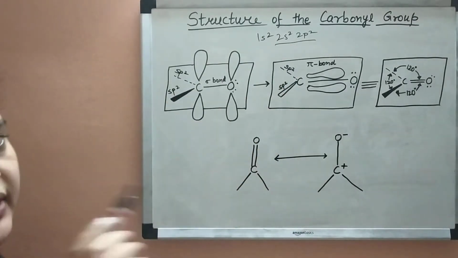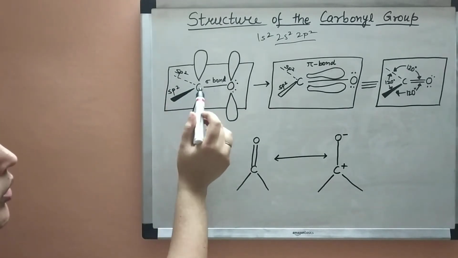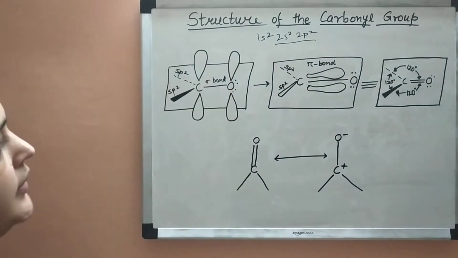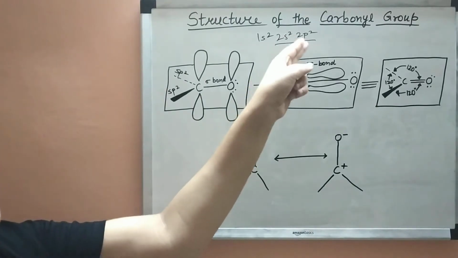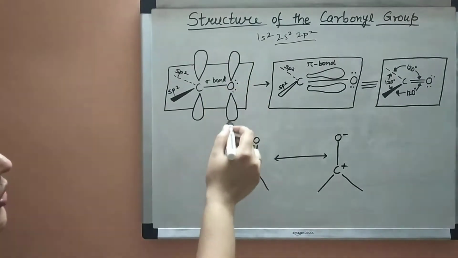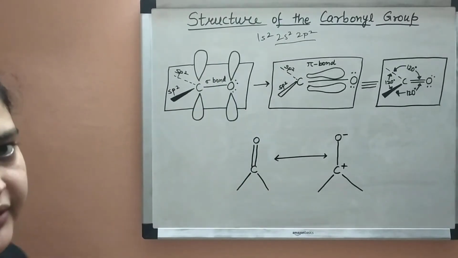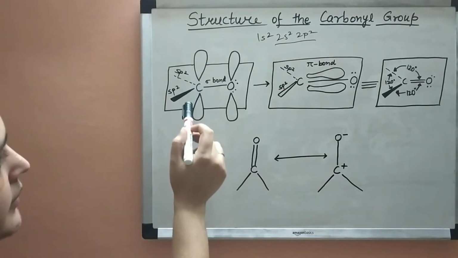So there are 4 valence electrons, 2 in s orbital and 2 in p orbitals. So the 3 valence electrons, they make sigma bond, like this sigma bond, this sigma bond and this sigma bond. So 3 sigma bonds are there and 1 pi bond is there. That pi bond is made from the p orbital of carbon, because the last valence electron is in p orbital. So this is the p orbital of carbon and this is the p orbital of oxygen. So they overlap, they make sideways or lateral overlap and form the pi bond.